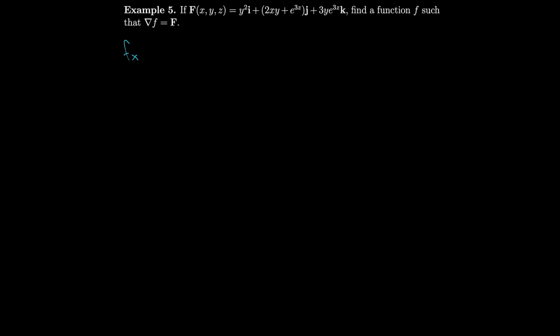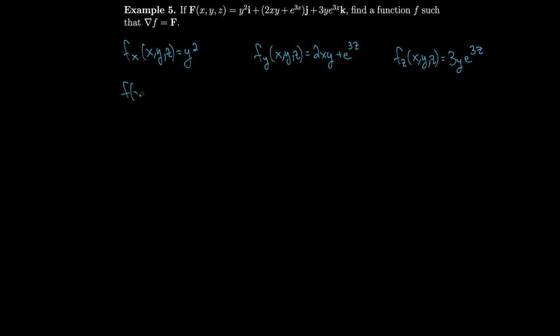So we'll say that the partial with respect to x of f(x, y, z) is equal to y squared. We'll say that the partial with respect to y is equal to 2xy plus e to the 3z. And we'll say that the partial with respect to z is equal to 3y e to the 3z, just by reading off of our components. So this means that if we integrate with respect to x, we'll do our partial integration, we get xy squared